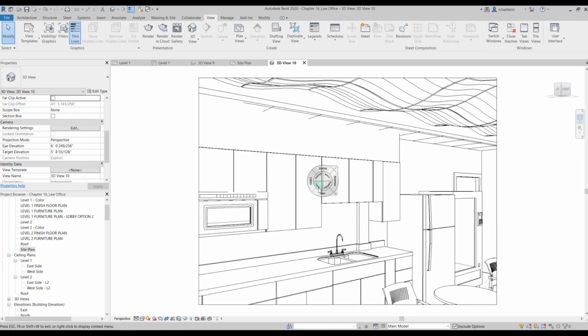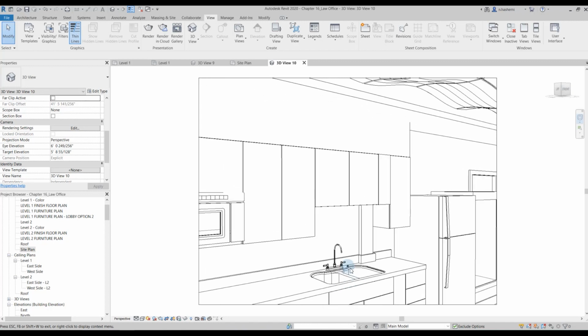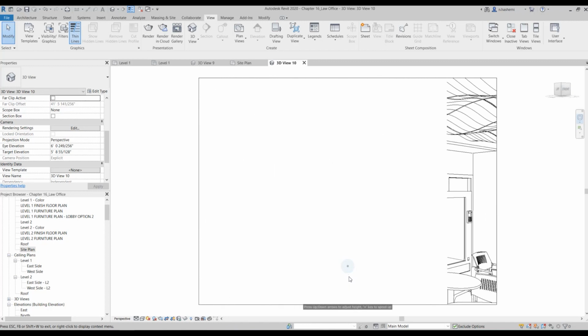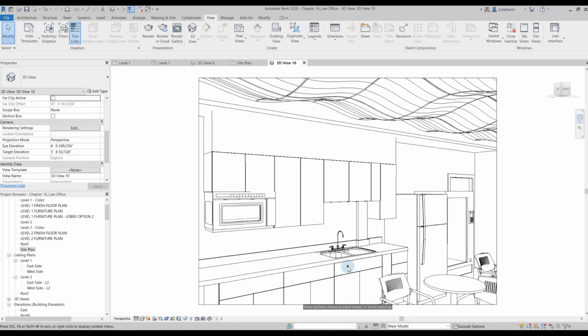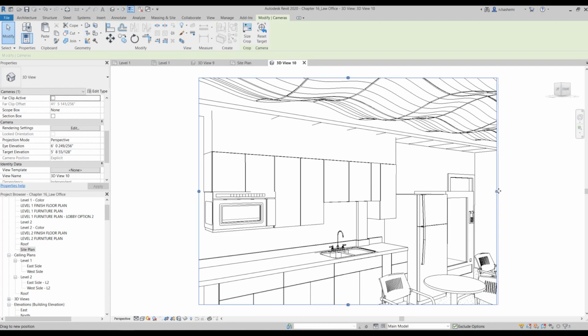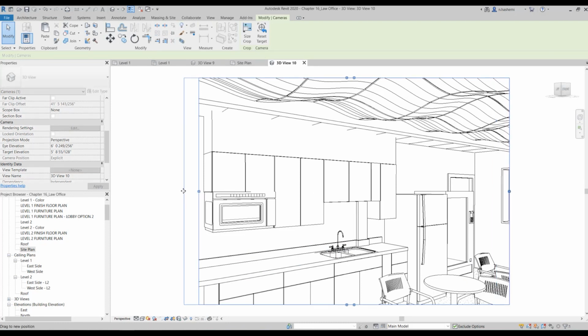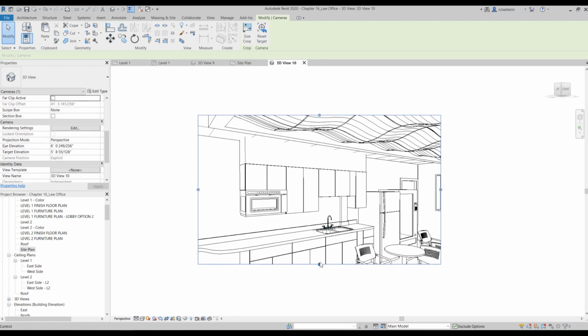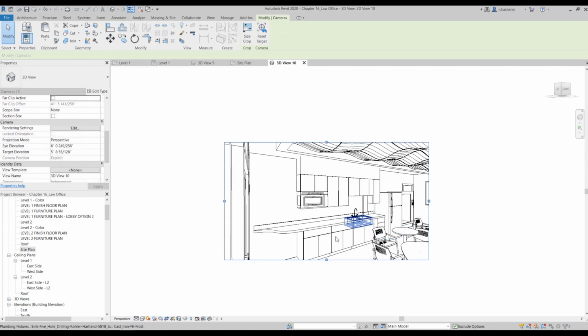You can use this one to walk into this space. You can go to front and get back, walk. If you want to do slight changes, you can use this navigation wheel. Let's just close this. Finally, if you want to see a bigger portion of this room, you can just pick the crop region, pick these grips, make it wider, and make changes to this view. You can make it larger.